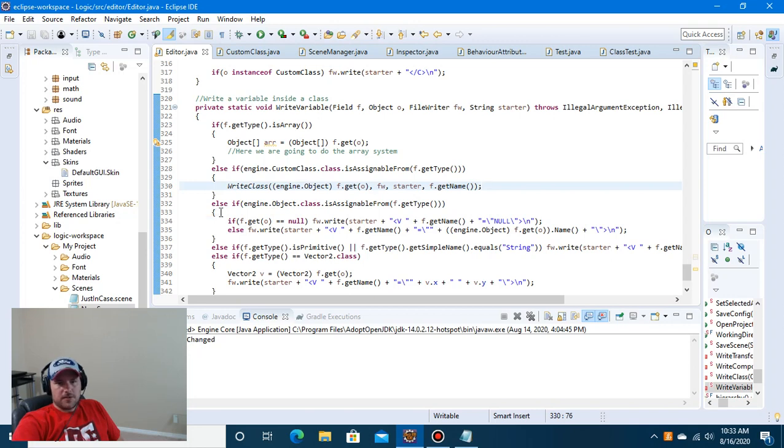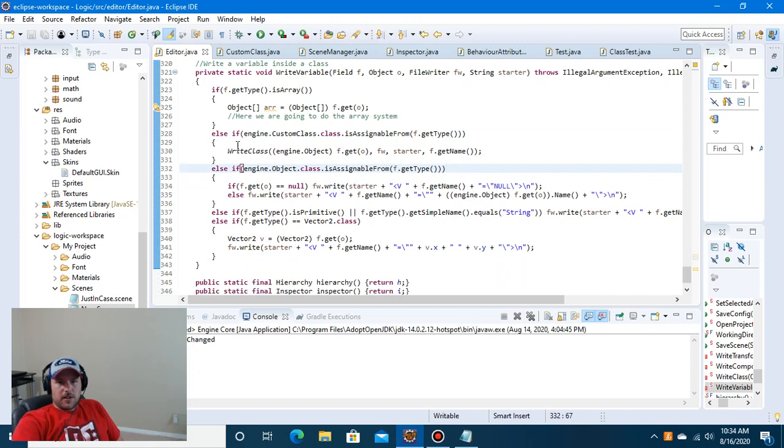And else if it's assignable from object, because here if it's a custom class that is assignable, or engine.object is assignable. So if it's a custom class, do this, and if it's a